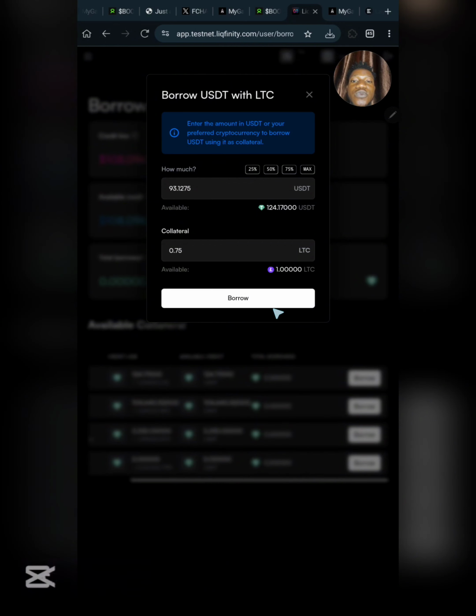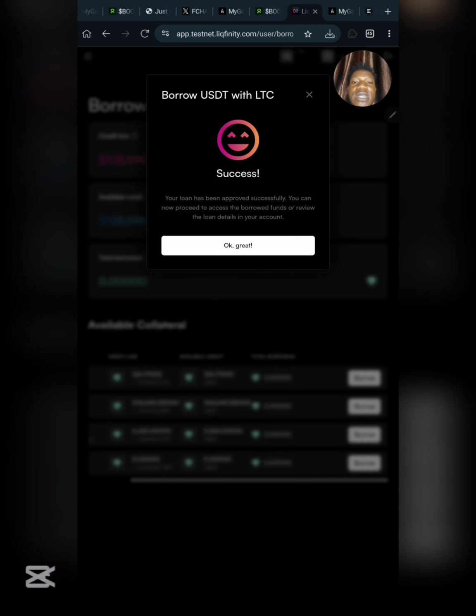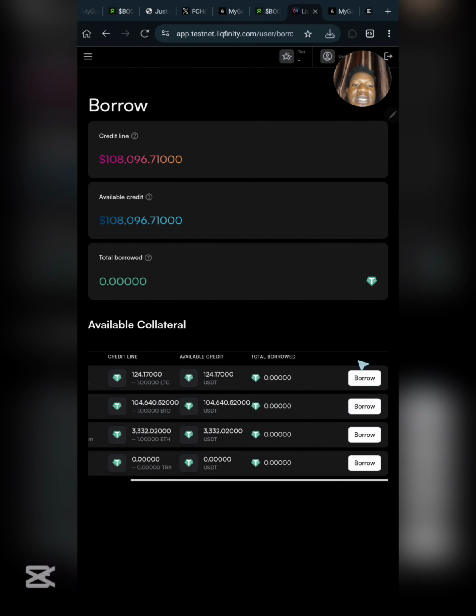I will click on 75% right now. Then I'm going to be paying 0.76 Litecoin as the collateral. Then I need to click on borrow. It is very simple like this, and right now you can see I need to confirm this. I'll click on confirm, and once you click on confirm, you can see I have successfully borrowed this. So I'll be repeating the same process on all these, after which we are going to the next step.